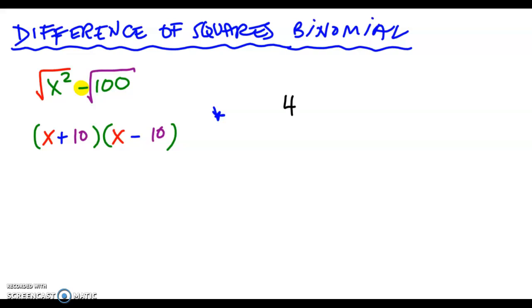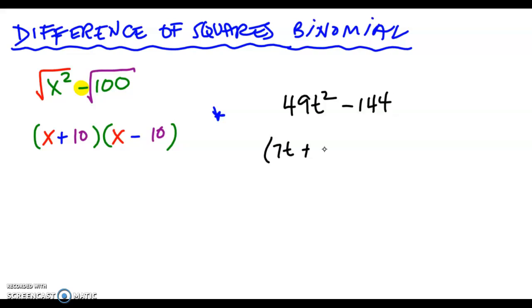How about 49t squared subtract 144. If I were asked to factor that, I could see, oh, it's a binomial. Is it a difference of squares? Is this a perfect square? Yes. Is this a perfect square? Yes. Is it a difference? Yes. Therefore, we can use this form to factor: square root of the first term